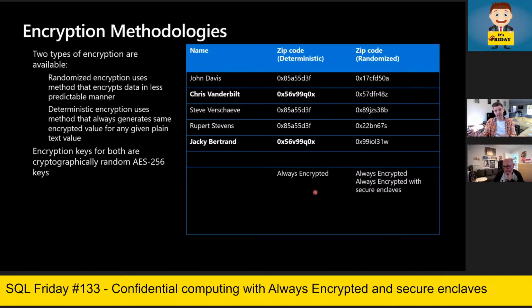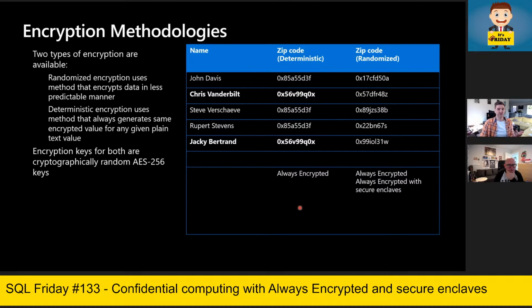If you choose randomized, then for the same value in that specific column, the encrypted value will be different. Here in the slide, there is an example for zip code, where you can see that if the zip code is the same, the encrypted value will also be the same with deterministic. For randomized, it's going to be different, which means that randomized is a stronger encryption methodology than deterministic.